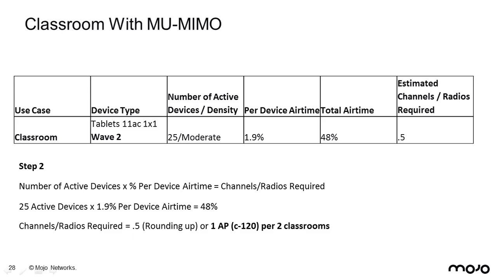So, in this particular use case, if we had a Wave 2 solution, not just the C120, the C120 could have been used for the first example without multi-user MIMO because we had Wave 1 clients. So that would have been fine. And future-proofing for the time when you do have Wave 2 clients. And then you have Wave 2 clients in the second use case example. And now we can basically get by with doing 1 AP for every other classroom, or 1 AP for 2 classrooms. And I didn't factor in 2.4